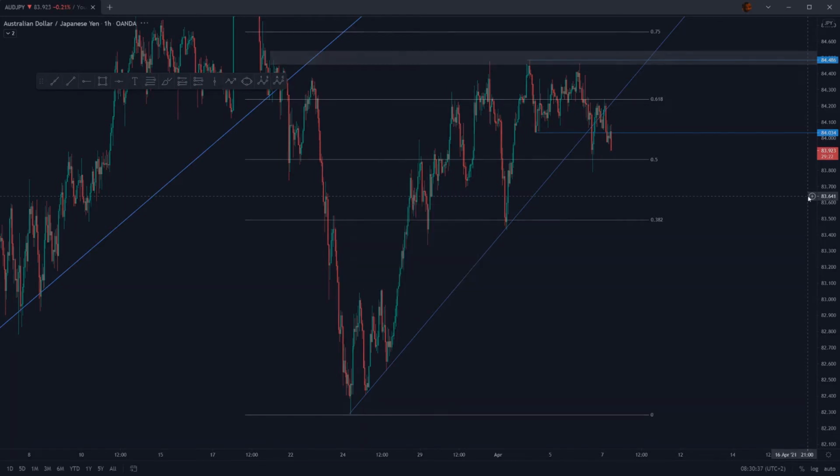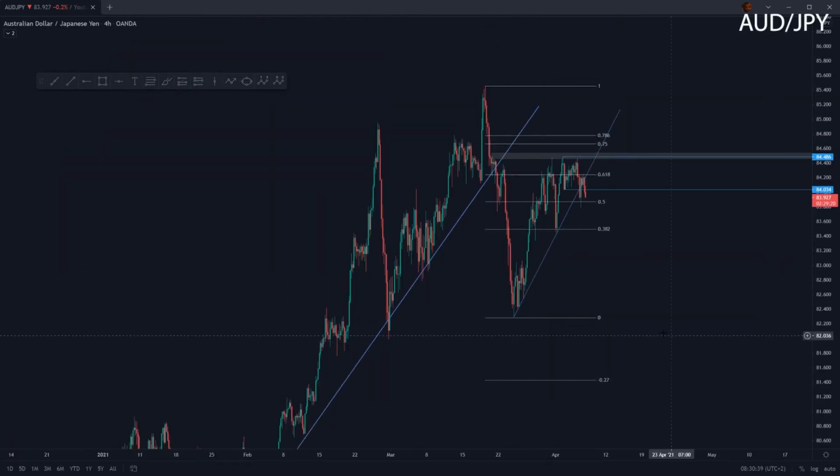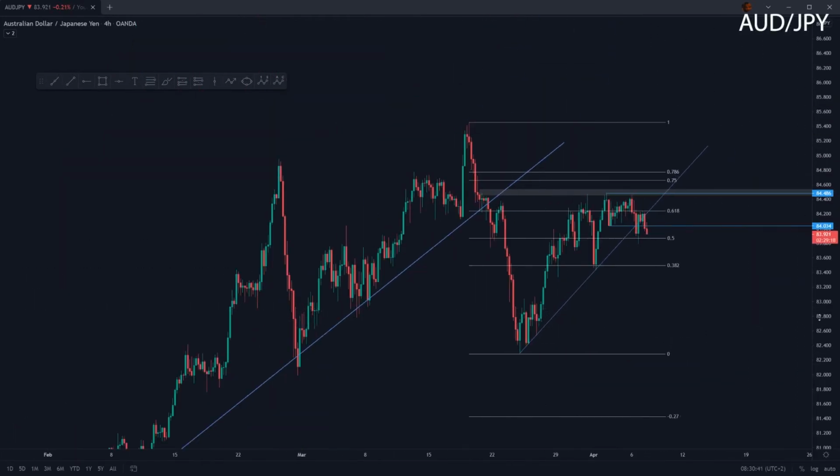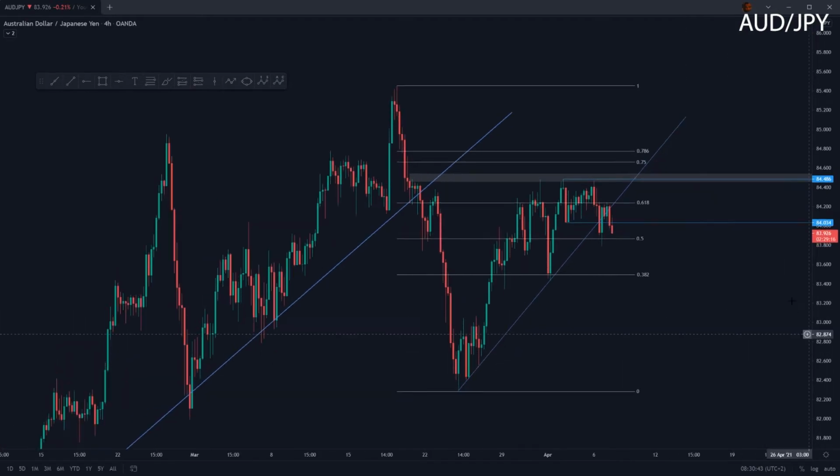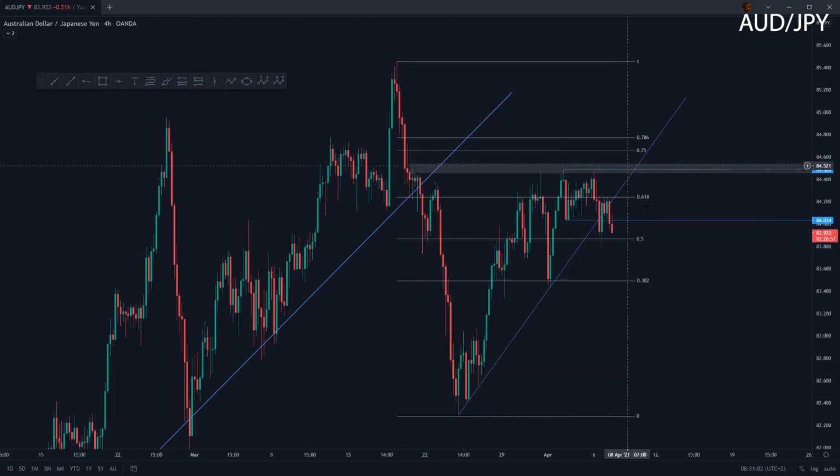So let's head over to the 4-hour time frame on Aussie Yen, because Aussie Yen is pretty much doing what we wanted it to do. As we can see, we hit the liquidity level yesterday or the day before yesterday up here, just above the 618, and we're currently seeing some more downside on this pair. As you must remember, I did say we could see a fake out on this low over here at 84.034 and then see more upside.